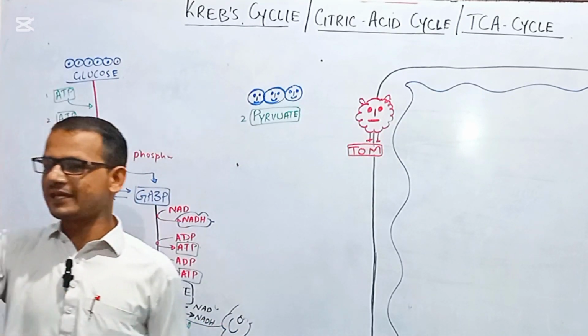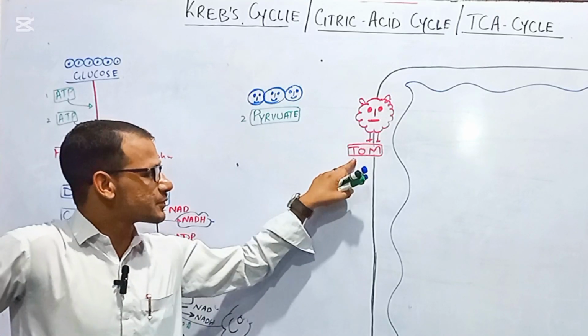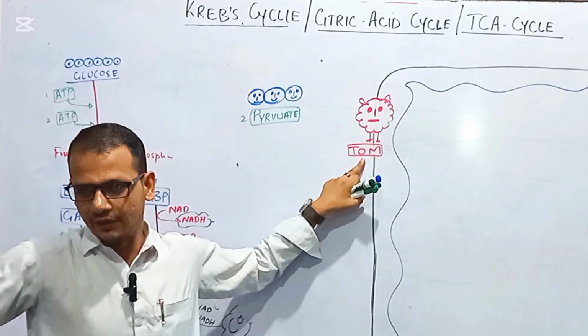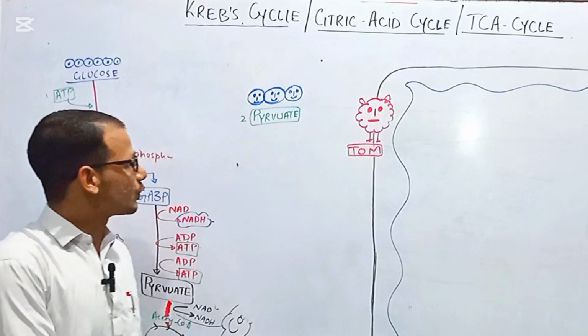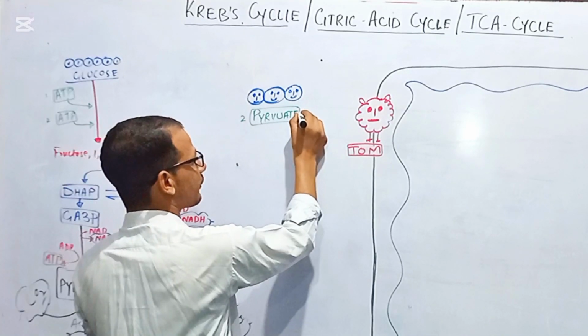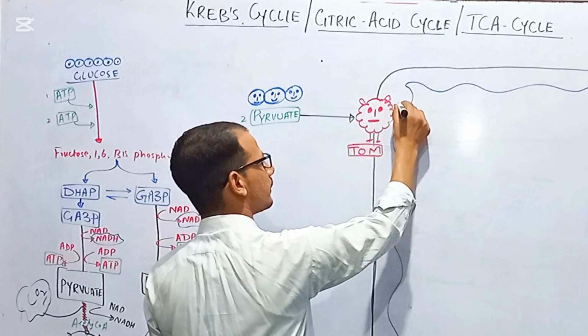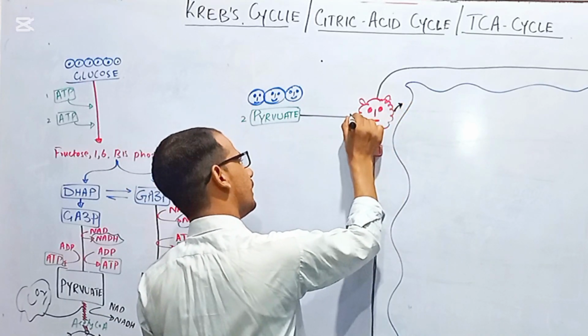Tom stands for transporters of outer membrane, right? It will take this pyruvate from outside to inside the outer mitochondrial membrane,